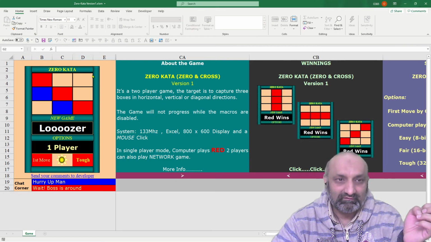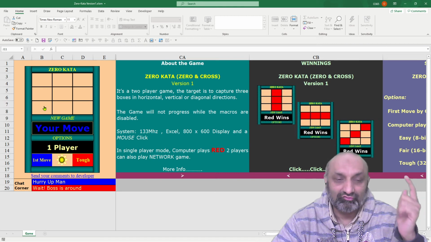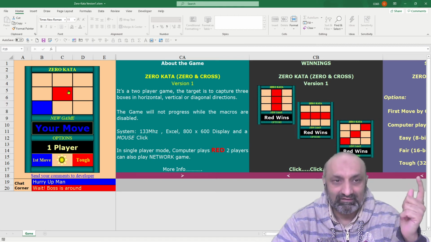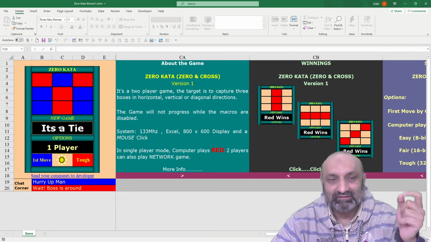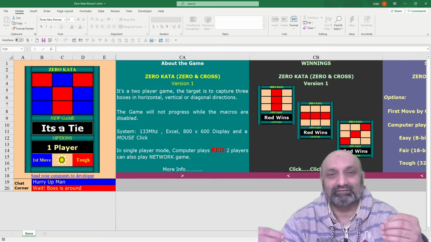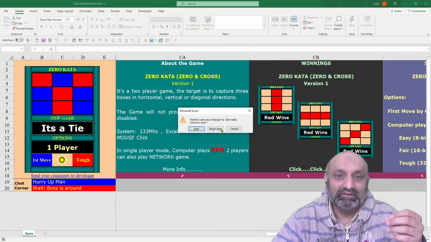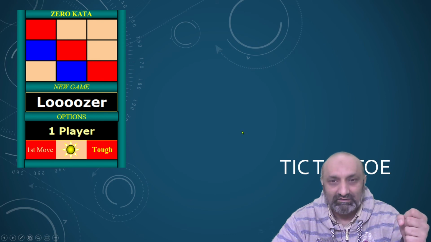So this is tic-tac-toe, and if I say new game, and I say the first move is with me, if I choose blue, red is Excel. If I choose blue again, Excel blocked me. What if I block Excel? So Excel is trying to win here. These are the clicks and a logical decision-making by Excel. We are going to learn how to make Excel take decisions on our behalf.